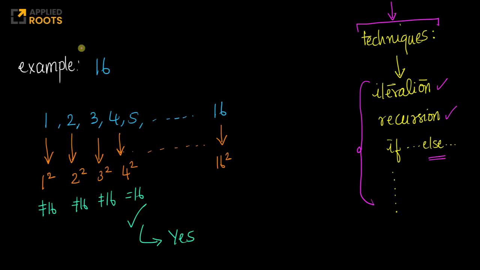For example, imagine the n that is given to us is 16. Always work out examples because that will give you a clarity of thought. Now, if n is 16, we know that if there exists a square root, imagine the square root of 16, we know it is 4, it is an integer, and hence 16 is a perfect square. Our objective is to compute a square root or a number very close to the square root. Now we know the square root has to be less than n itself.